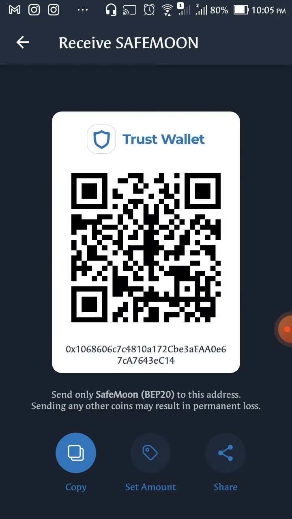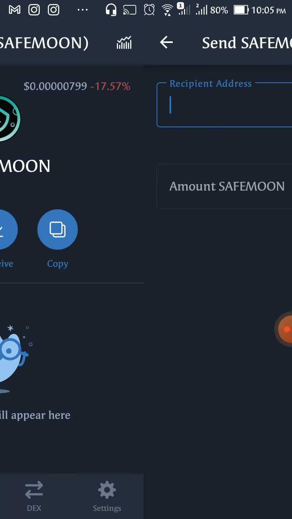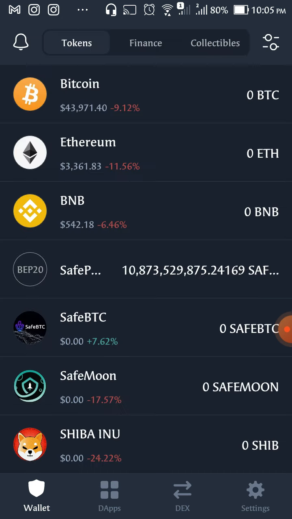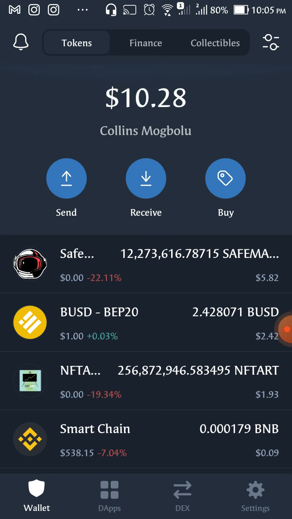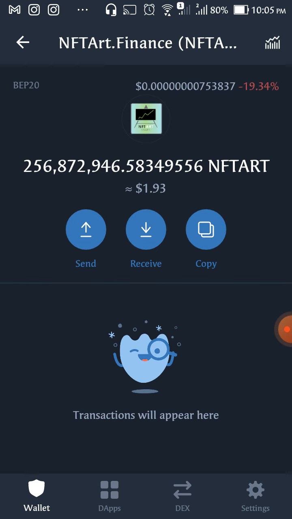You can send to someone, you can receive, and whenever you're doing sending or receiving, it comes with a transaction fee, so you should take note of that. And then the same thing happens when you want to swap. Let's use this NFT art as an example. Let's say I've actually gotten like $1,000 here, from this $1 to $1,000, and I want to quickly withdraw like $700. What I'll do is